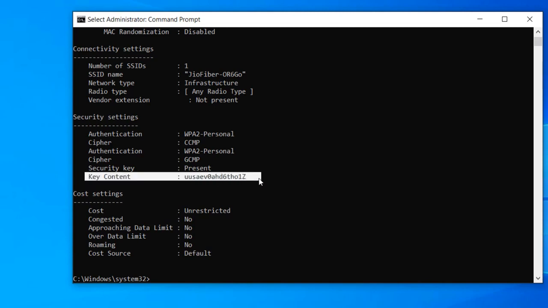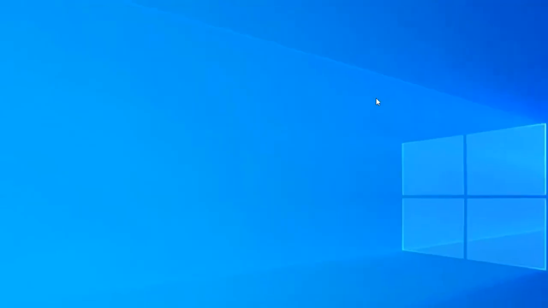And this Key Content is your Wi-Fi password.